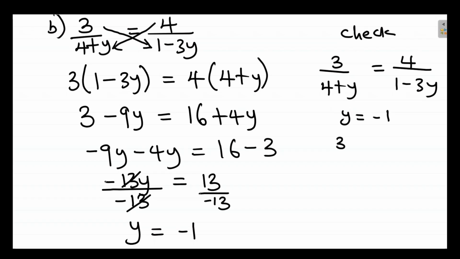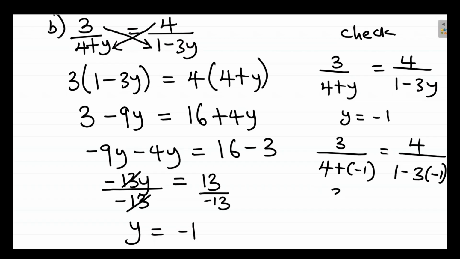So we have that 3 divided by 4 plus minus 1 equal to 4 divided by 1 minus 3 multiplied by minus 1. So at this point, this becomes 3 divided by 4 minus 1, which is 3,